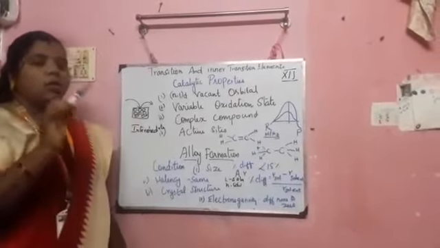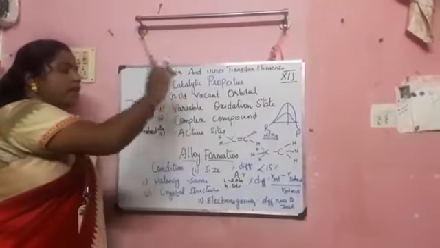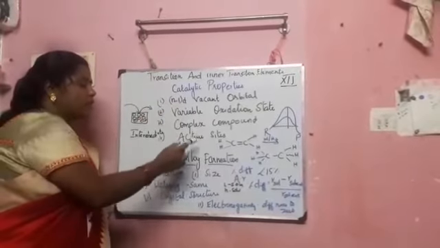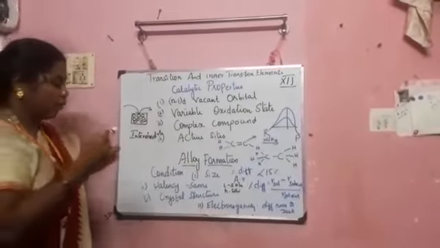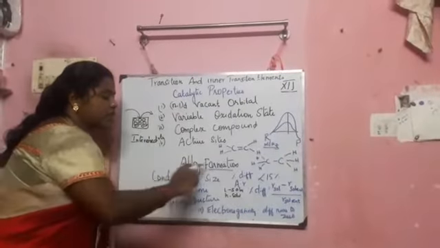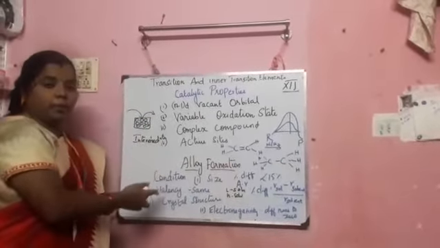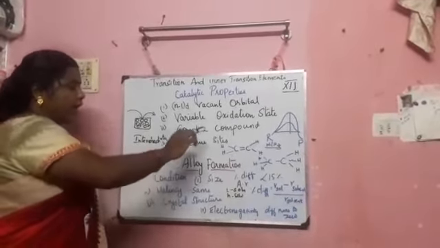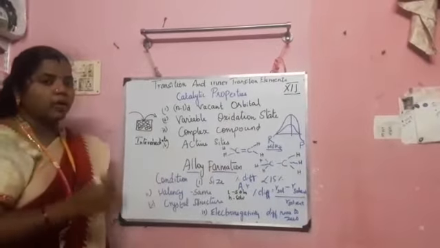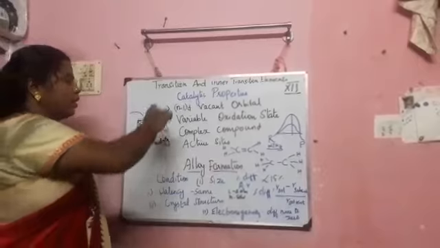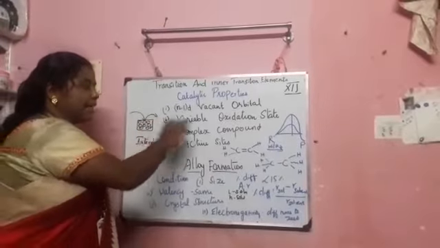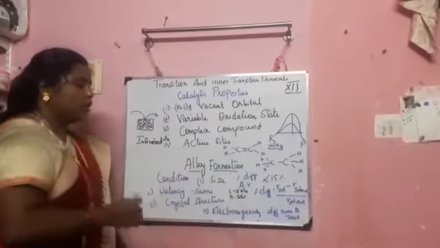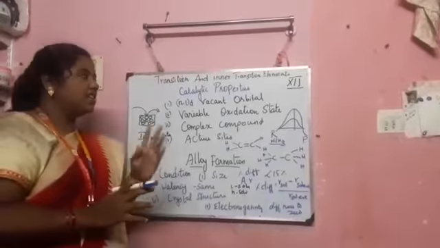So in this video we saw the catalytic properties, the conditions for the catalytic properties of D block elements, that is the transition state. And next, what is meant by alloy formation, and what are all the conditions necessary for alloy formation. It is a very important question, under the Hume-Rothery questions. Here I am giving the examples also. Examples are also very important. The 1 mark questions may ask for the conditions, in which condition it is responsible for the catalytic property or alloy formation. So these are all the questions expected from these topics.